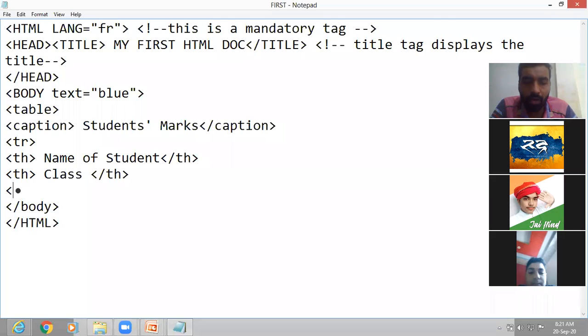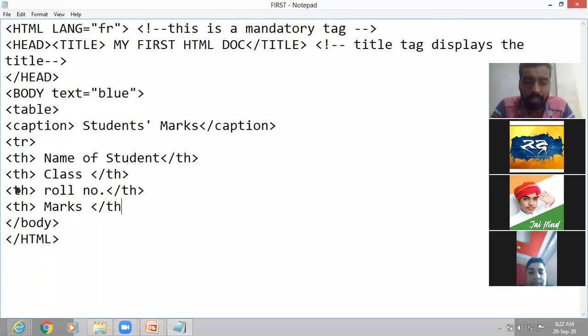Then TH tag first, then roll number, then again close TH. Now next is TH, then marks.